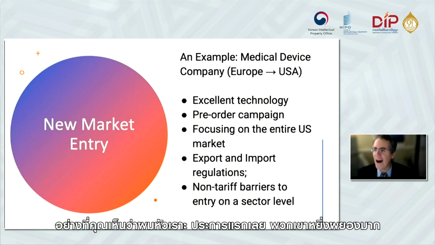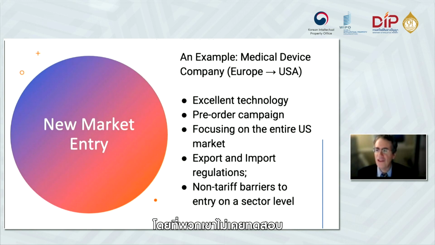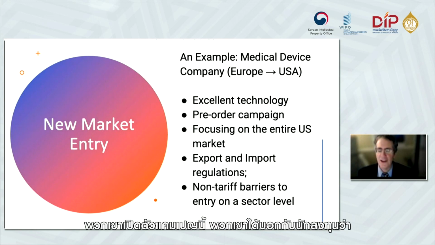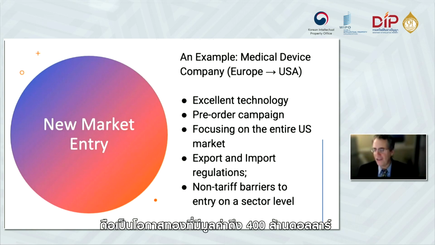Now, you see, I'm laughing because, first of all, they were extremely arrogant, but more importantly than that, they made all these assumptions that they never bothered to test. So they go in, they launch this campaign. They told their investors they're going to be so successful. The U.S. market, it's a $400 million opportunity. They launch this